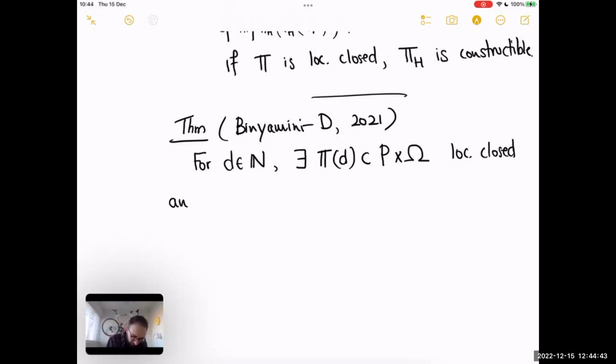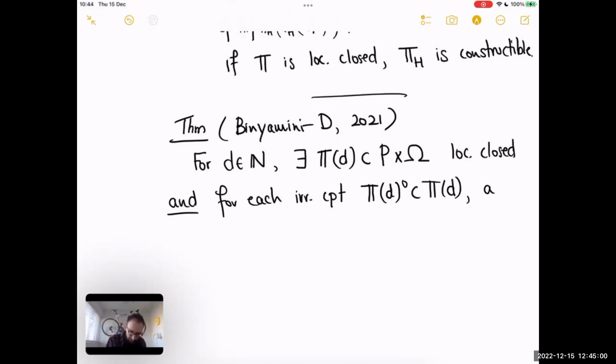And for each irreducible component of pi d, so I usually write that pi d circ, there's a pre-special subvariety and a prescribed splitting of that pre-special subvariety, such that,